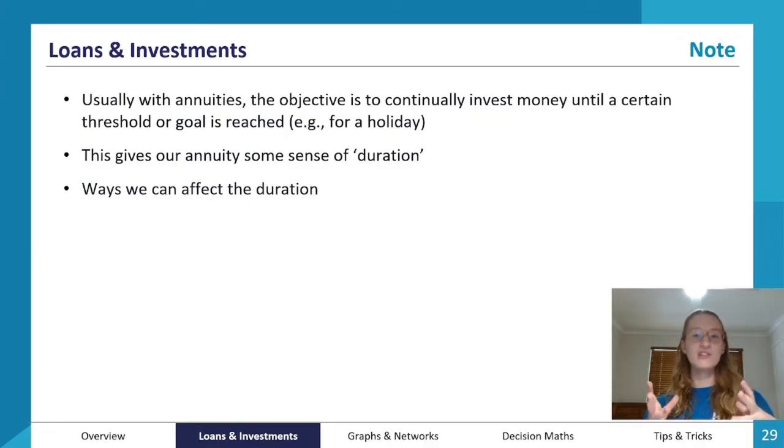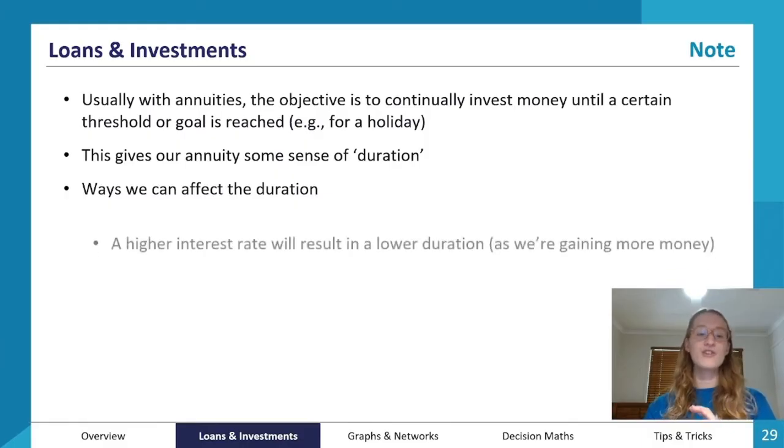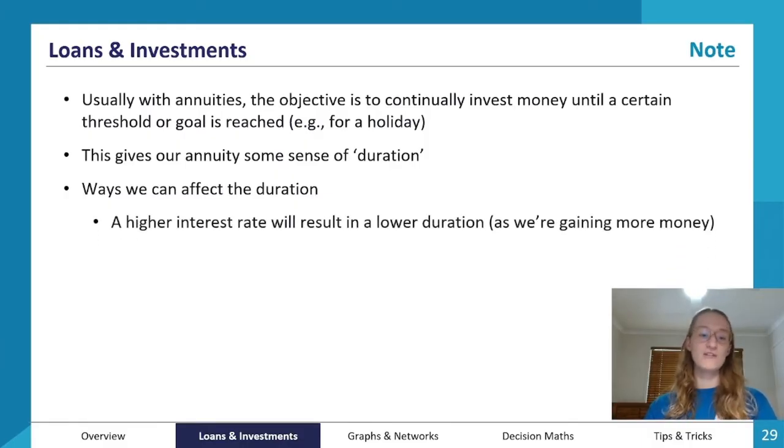And by duration, like what we just discussed, we're referring to how long the annuity is going to go for. You could leave it forever and add $100 a week every week forever, but most of the time that savings would have a goal. Like we said, for example, a holiday or a down payment for a house. And I think we've already briefly touched on that there are ways that we can affect the duration of the annuity. So for example, a higher interest rate will result in a lower duration